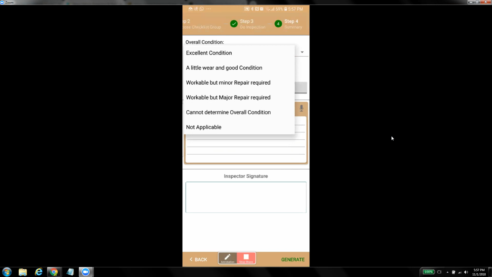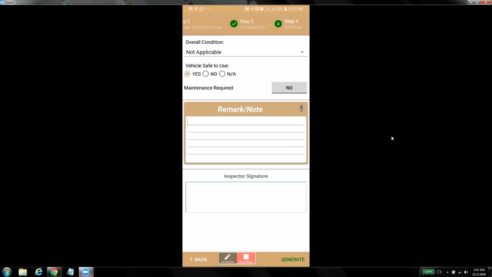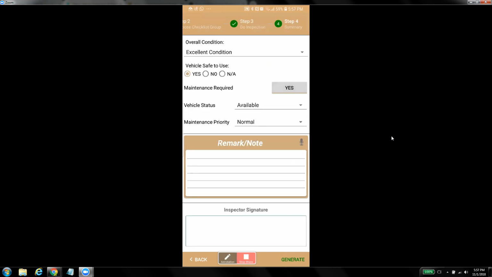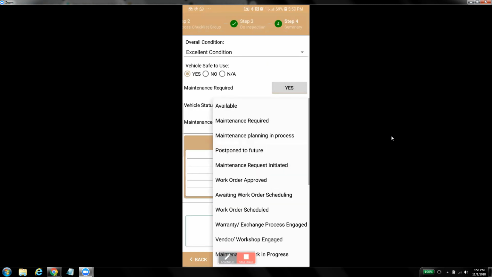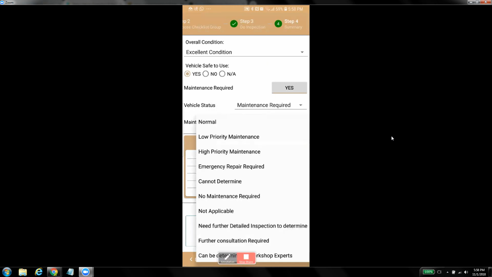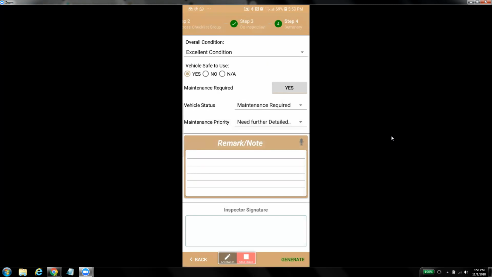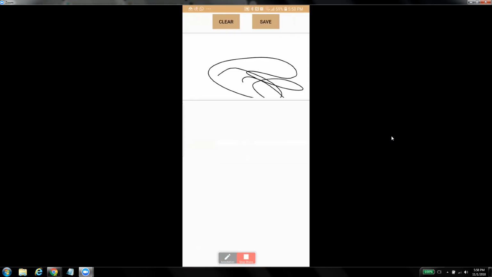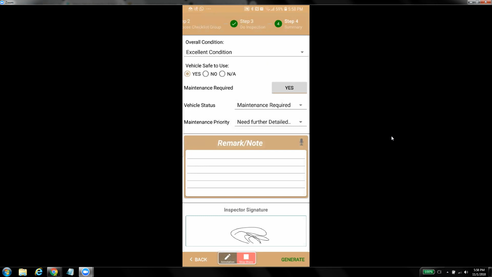If it is regular daily work, they could say not applicable, or they could say conditions based on how they feel. If they identified any maintenance requirement, they would go ahead and request that the maintenance is required. And based on the priority, they can identify one of those: is it an emergency repair, high priority maintenance, or does it need further detailed inspection to determine? So it would give a variety of options to them, and the individual would do their signature, and the document